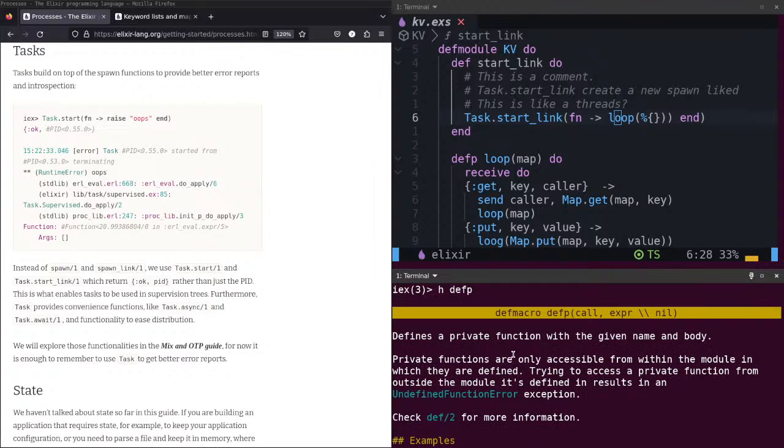Def macro, def p, expression, defines a private function with the given name and body.